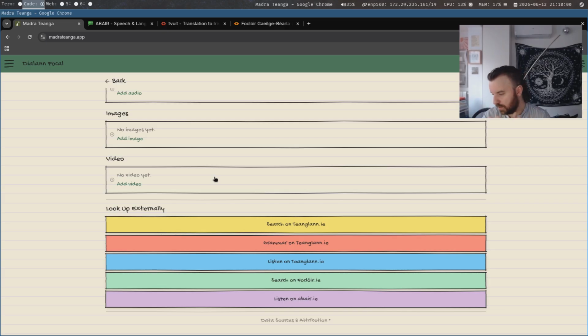So you'll see that throughout the app. We're encouraging you to go off the app, look up stuff, and engage in the Irish language learning community and the speaking community. Learning a language isn't something that you do for 6 months or 2 years like a college course, and at the end of it you get the certificate.